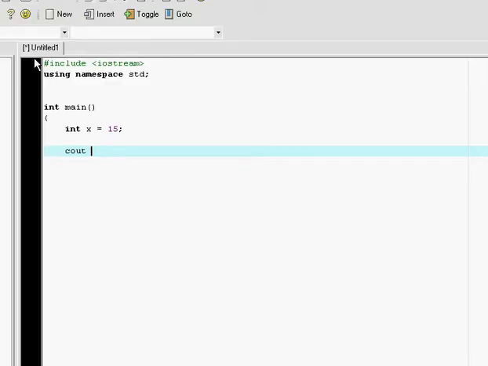So let's cout this output. I've explained this before. If you don't know what it is, go back to my previous tutorials. Now if you want to output the value of x, simply do cout, two less-than signs, then x. See how simple that is? Then we do two quotations. Inside the quotation we do space is the integer,